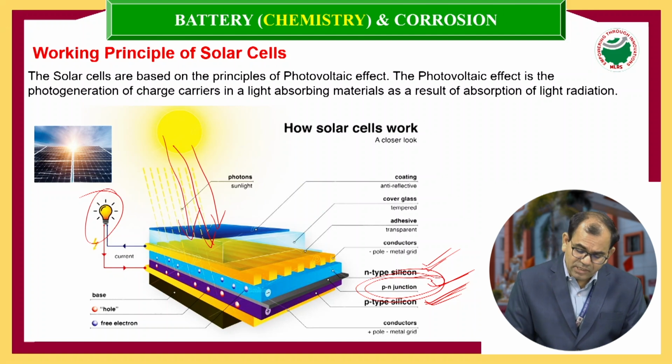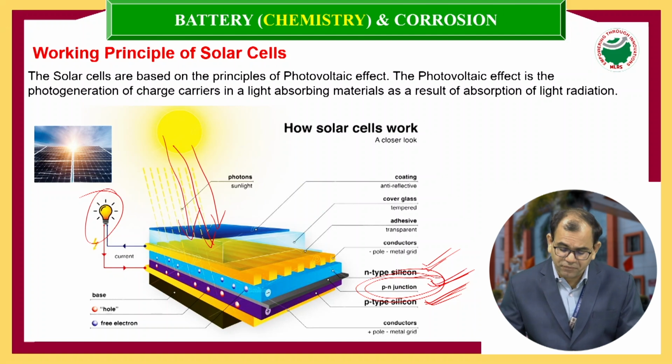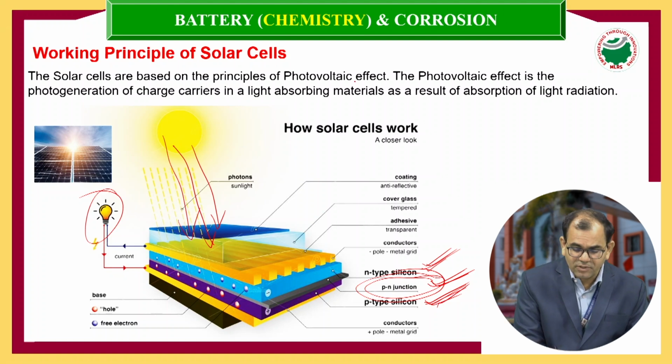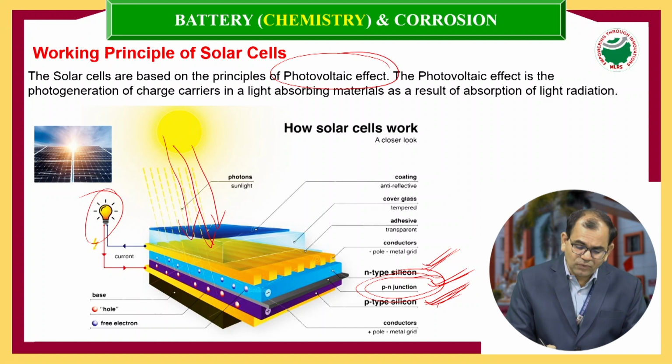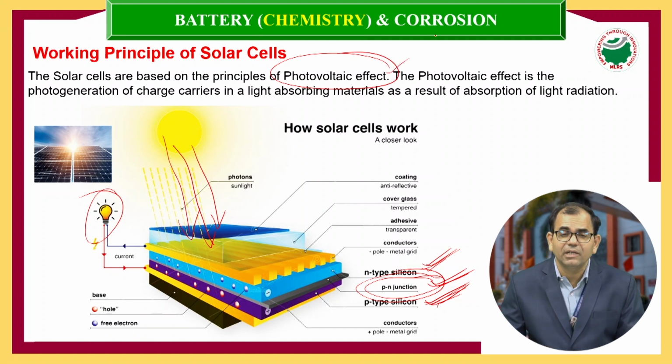At this p-n junction, whatever electron exchange from the n-type to p-type is happening, that effect we are calling the photovoltaic effect, and this photovoltaic effect further helps us to move or flow the holes and carriers. Finally energy will be